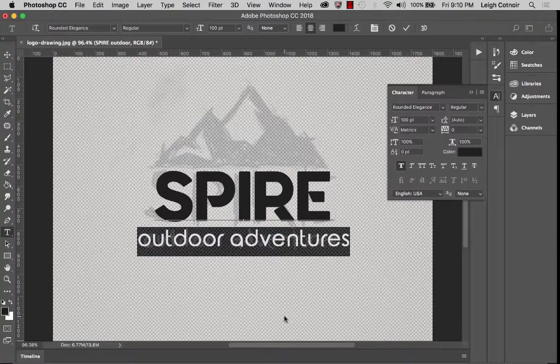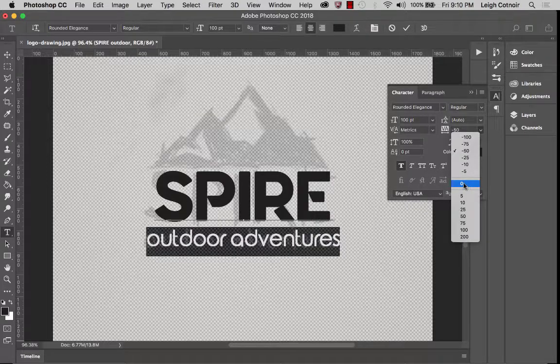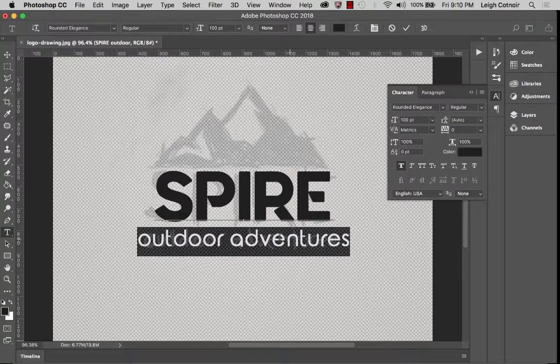This is a little bit too big, but because this is so open, I really think it has a good proportion in the letter spacing, meaning literally the space between each letter. So I don't want to adjust that here. You'll see what would happen if I pulled it in tighter. It just makes it too tight, and that's what this VA symbol over here is showing: a letter V and a letter A, how you might adjust them together because they naturally want to space apart. I'm going to leave that tracking at 0,